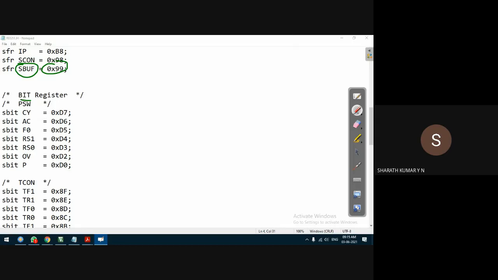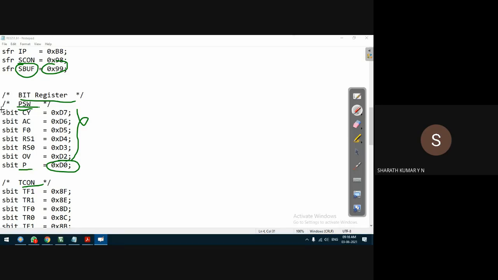So what are the bit accessible special function registers? Starting with PSW. Of course in this header file, the programmer has started with the program status word, but you can start with any register. Program status word has 8 bits, starting from D0. The D0 bit corresponds to the parity bit.